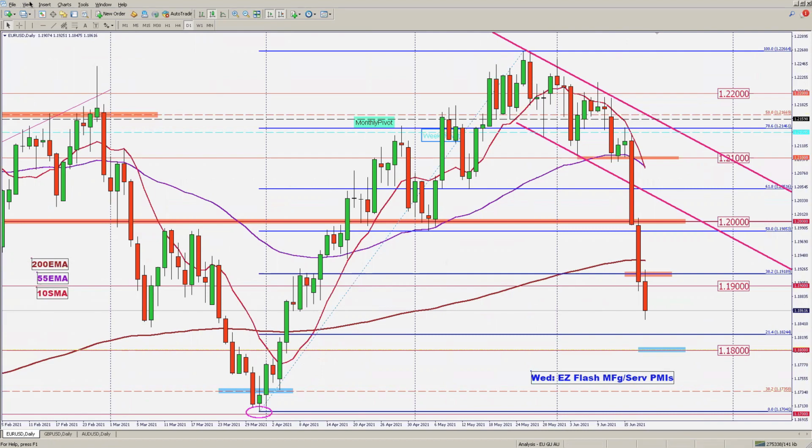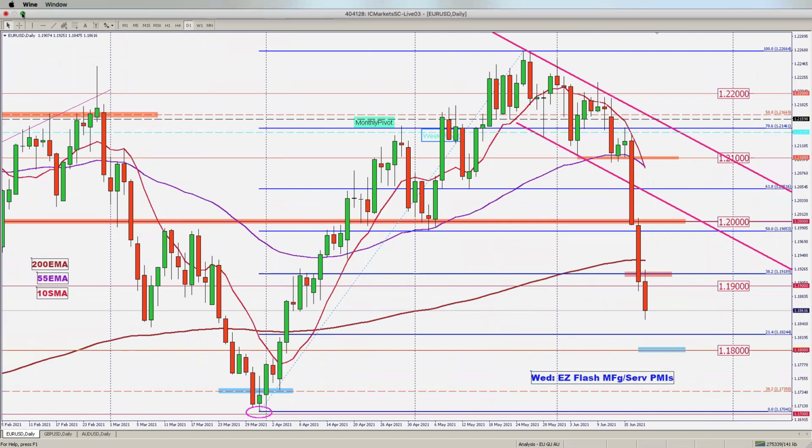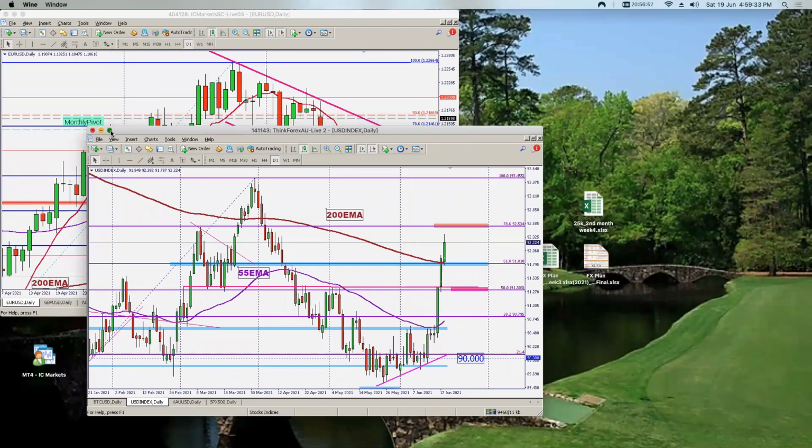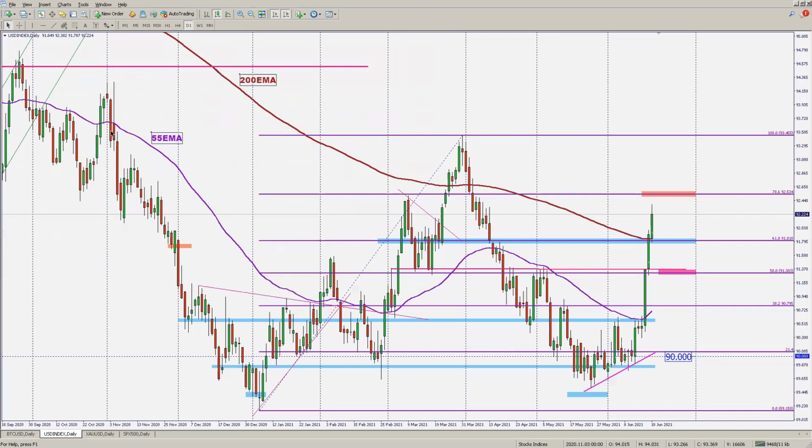Okay, let's also take a look at the US dollar index to see how that Federal Reserve announcement triggered the move higher for the US dollar. And this was the breakout that we've been highlighting, that it needs to break through this resistance. I've already updated the Fib retracement levels as well.